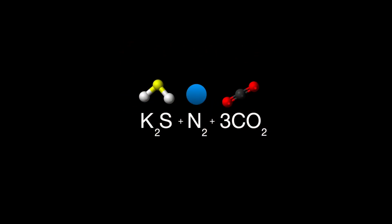The K2S, or potassium sulfide, will be visible on the ground where the gunpowder is burnt, in the form of a powdery residue. The nitrogen and the carbon dioxide will be visible in the fumes that come out of the